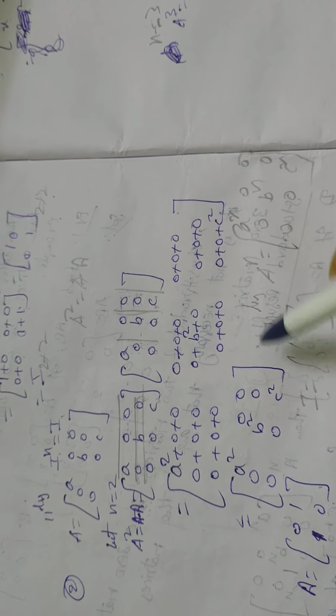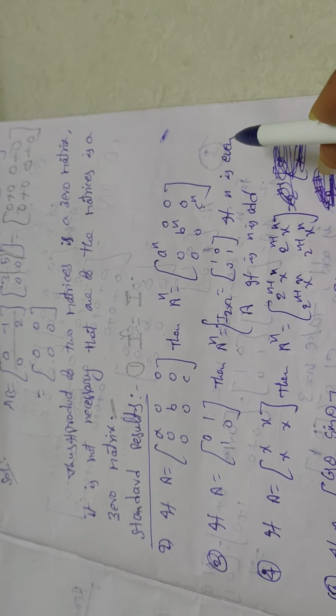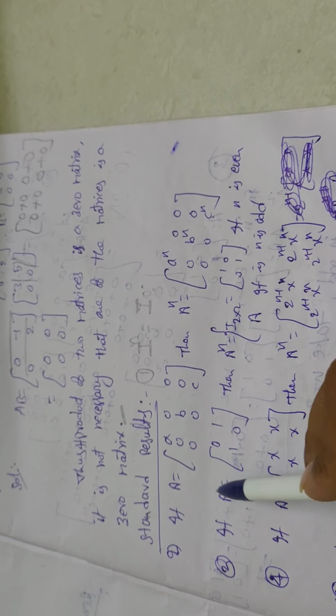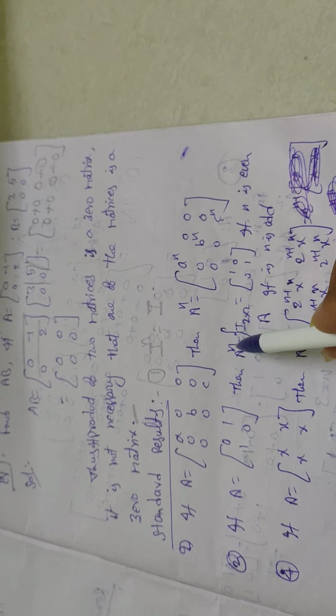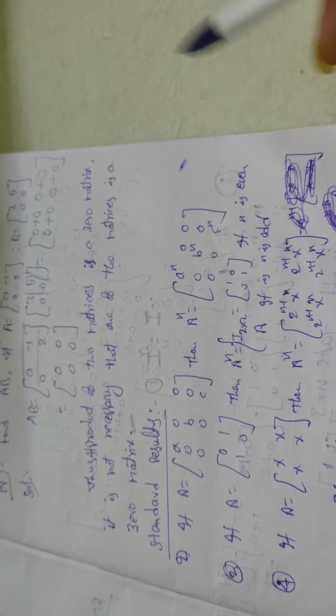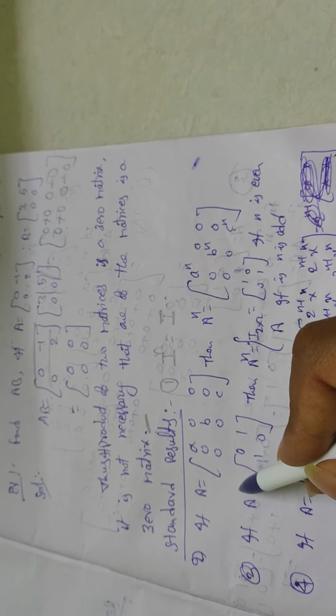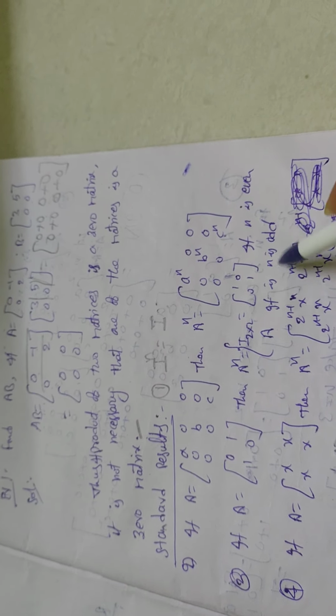Next conclusion, the third one. If A is equal to [0 1; 1 0], then A power n is equal to the I 2 by 2 matrix when n is even. I 2 by 2 is nothing but [1 0; 0 1]. It is not the identity matrix itself, but you get the identity matrix if n is even. If n is even, that means A square, A power 4, A power 6, you get this identity matrix. Otherwise, if n is odd, A is A power 1, and 1 is an odd number, you get the same matrix A only if n is odd.